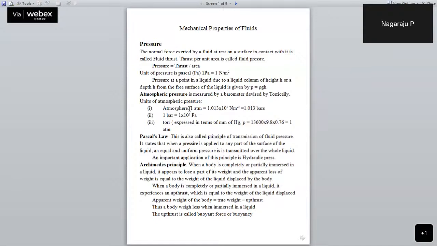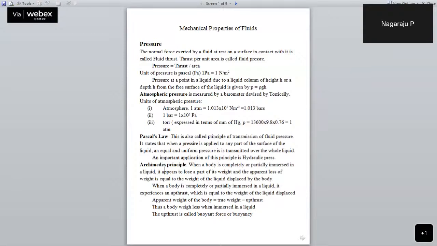In the sense, suppose you take a liquid in some container, maybe some irregular shape. You may apply some sort of force on one side, and naturally the pressure, you can see that on the other side also. That is why we say that it is the principle of transmission of fluid pressure. An important application of this principle is actually in the hydraulic press. Anyway, I'm not going to discuss that. That itself will take time, that's why I avoid it. And of course, it is already given there. You can just go through it.